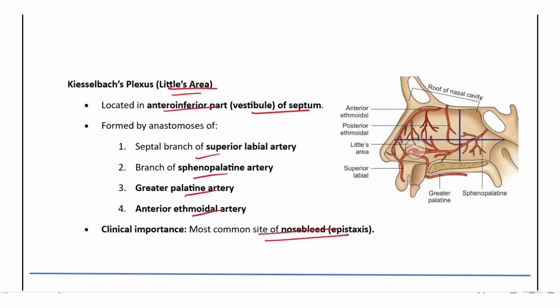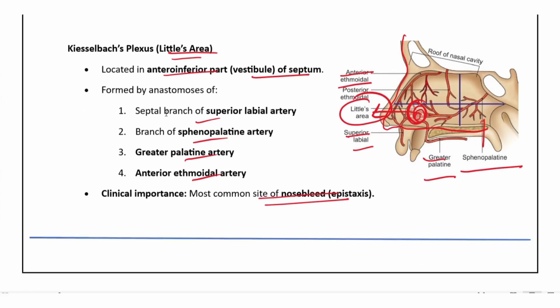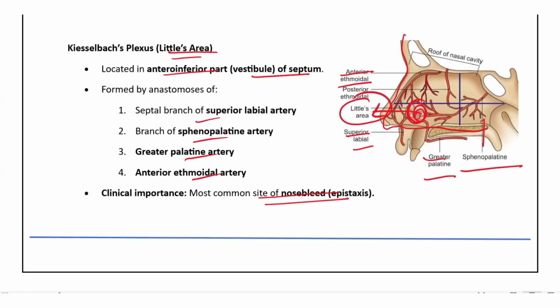So you can draw one diagram of the nasal septum, and the arteries that you will mark are the sphenopalatine, greater palatine, superior labial and anterior ethmoidal. Now the anastomosis is happening here, so it is forming the Little's area. This question is also important because it was previously asked in 2015. I will share the link above. So please do concentrate, and this is completing your 5 marker here.